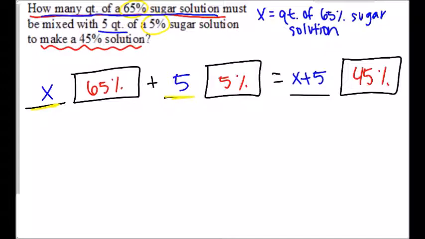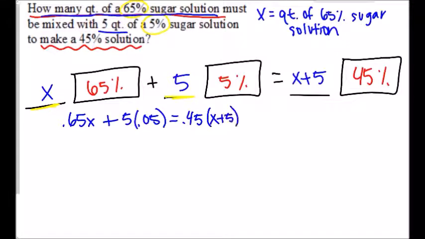So we want to just turn this into an equation. Instead of writing 65% like a percentage, I'm going to write that like a decimal. So I've got 0.65x plus, I now have 5 times 0.05 equal to, I'm going to go ahead and move that 45% to the front. Now you've got your equation. And if you can go straight to that equation, that's fantastic. Again, I'm a visual person, so I need the extra organization there. So if I simplify,